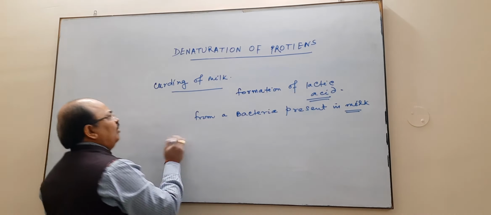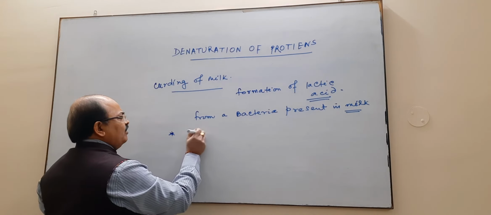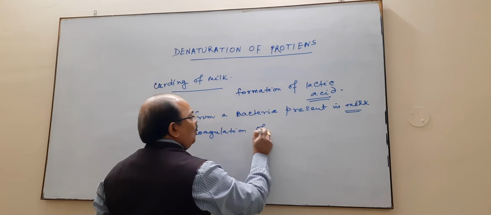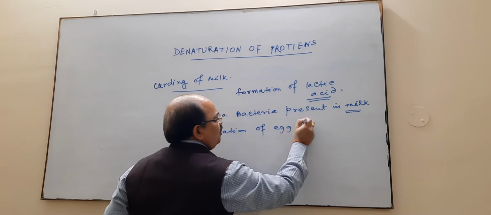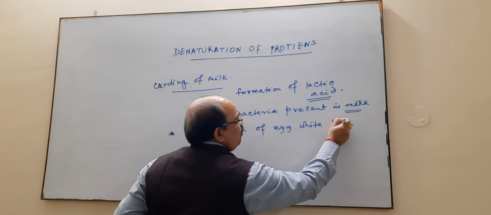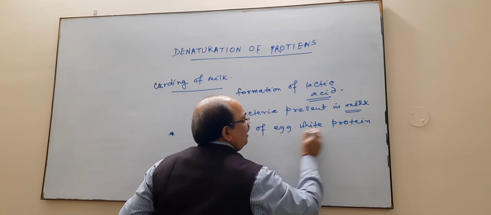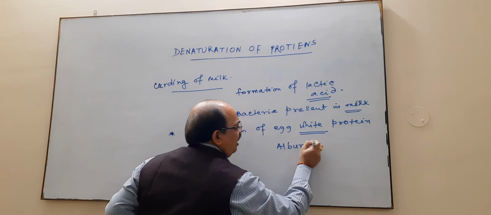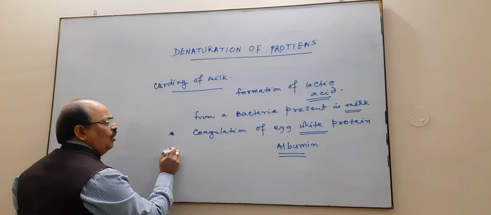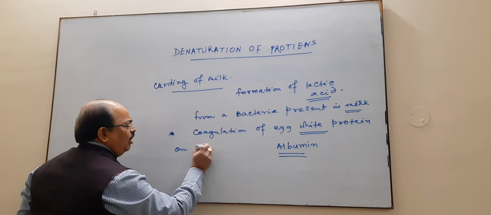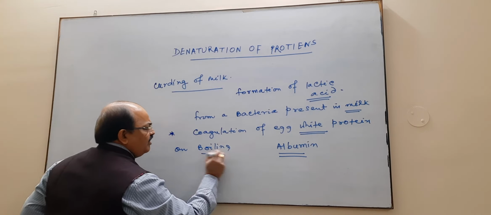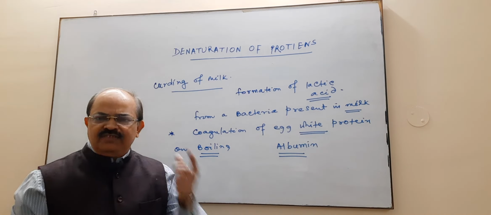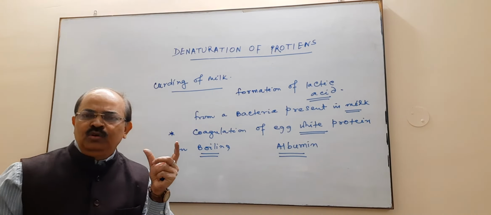Another example: if you boil an egg, another example is coagulation of egg white protein, which is known as albumin, on boiling. जब आप एग बॉयल करते हो, आपने देखा होगा जब आप एग बॉयल करते हैं तो उसमें